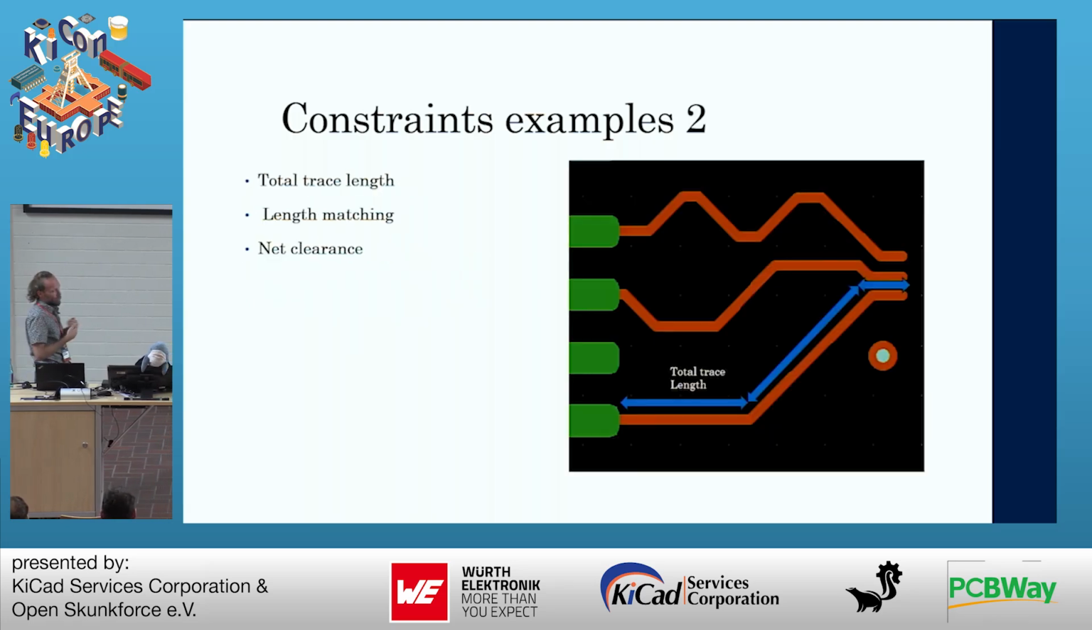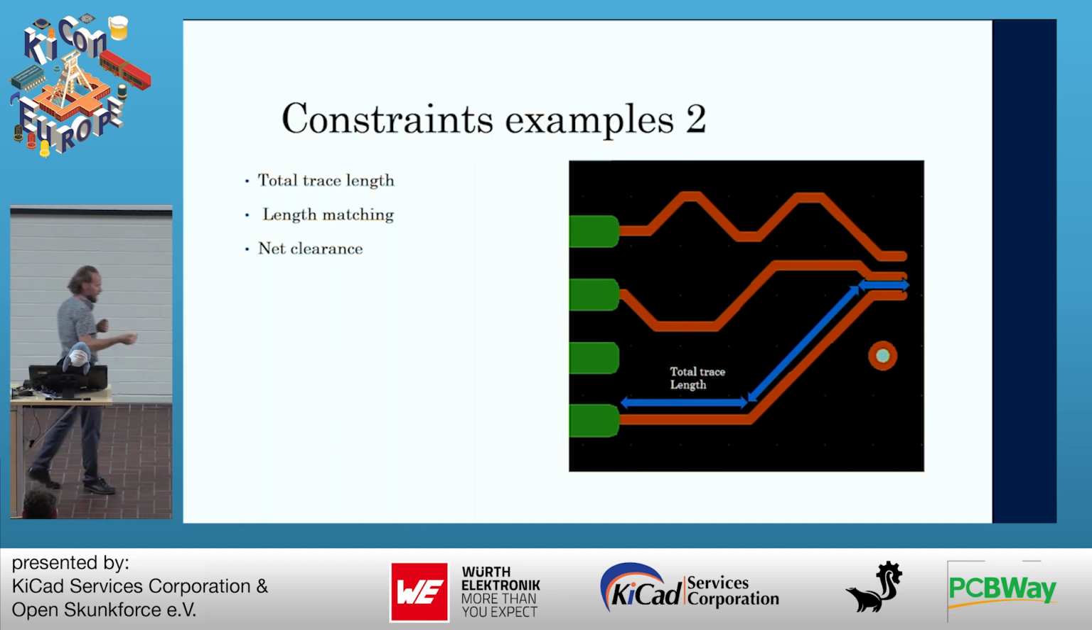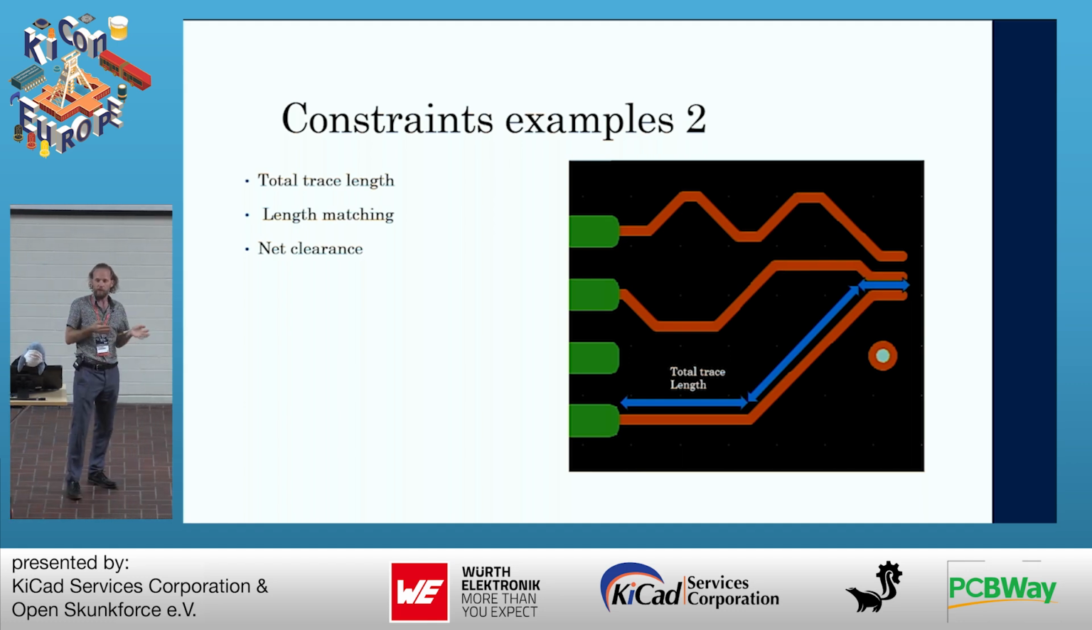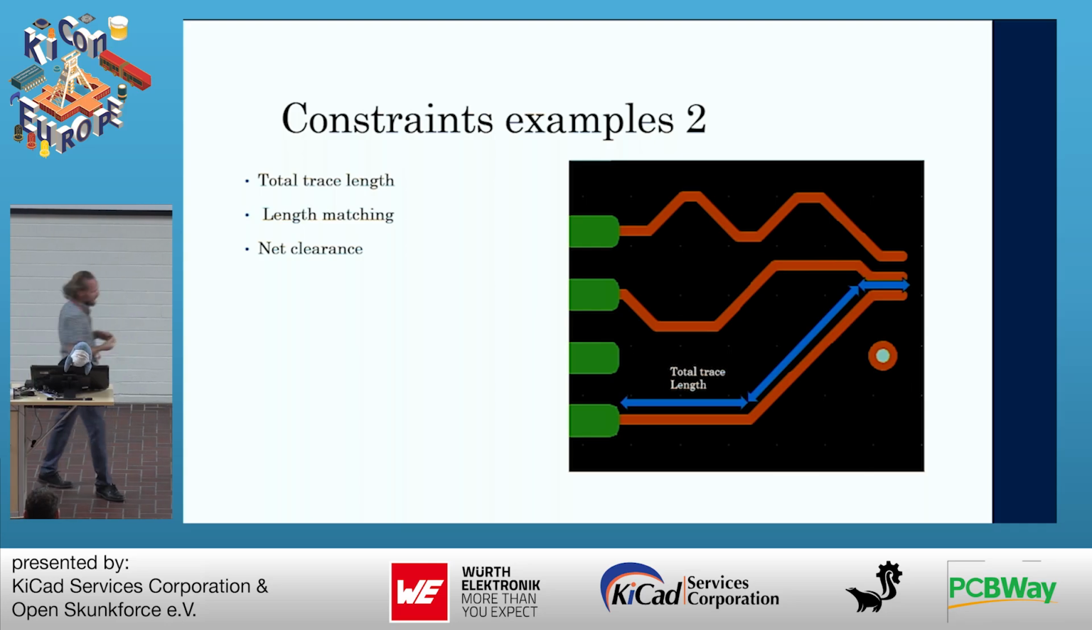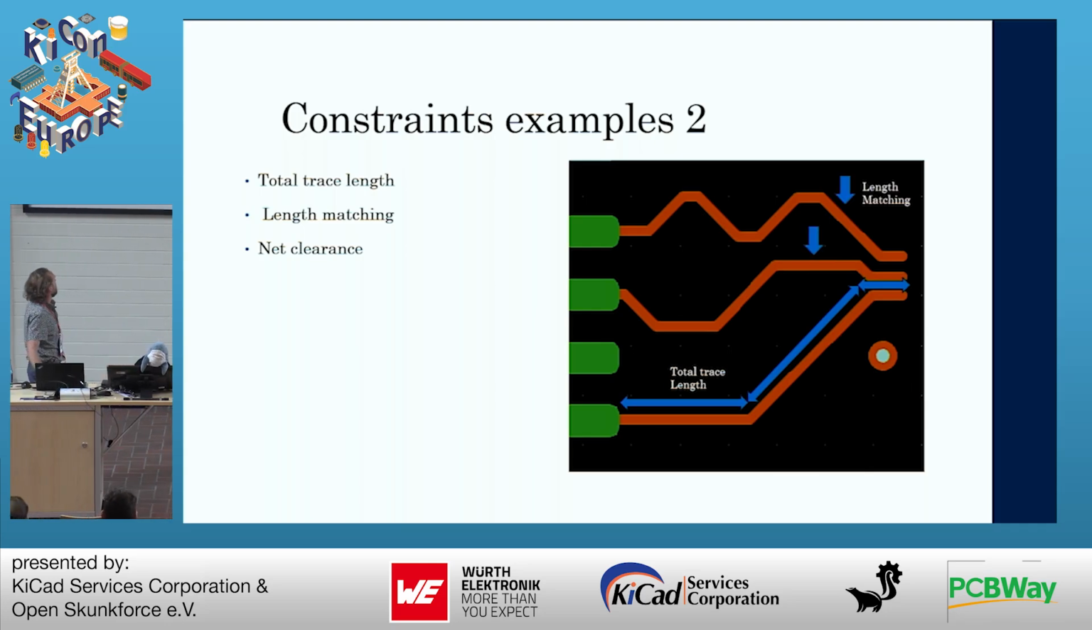You can have something like the total trace length of a trace. If you have critical timing in your design, then you might need to know exactly how long it is, and does it meet those timing requirements and length requirements? That's a constraint you can have in your design. Length matching between several traces is another example, where you say signals coming from one source and arriving at another have to arrive at the same time. You put that constraint in your design, and thereby you're constraining the length of those traces in order to meet that requirement. And then we have the net clearance,